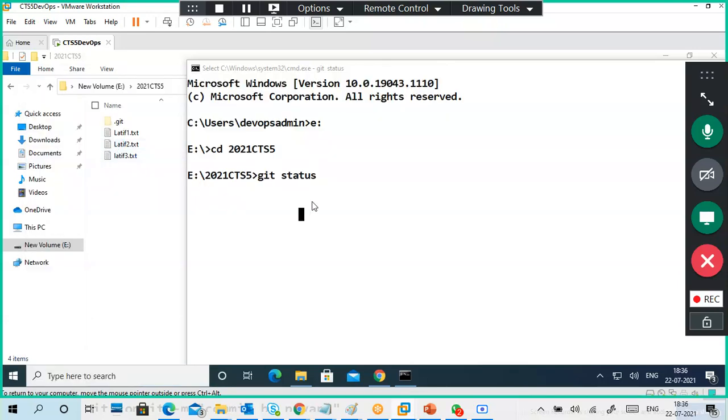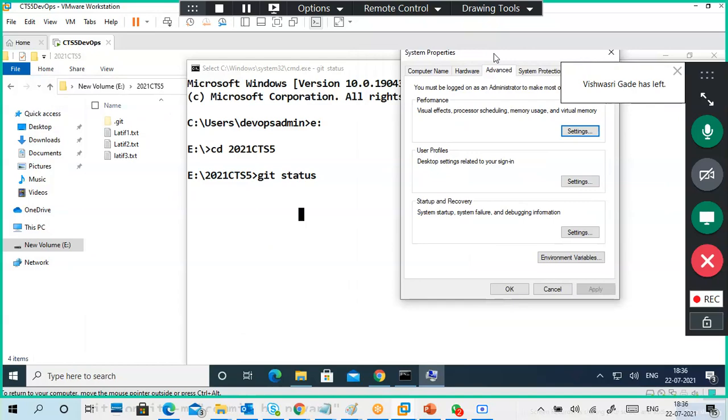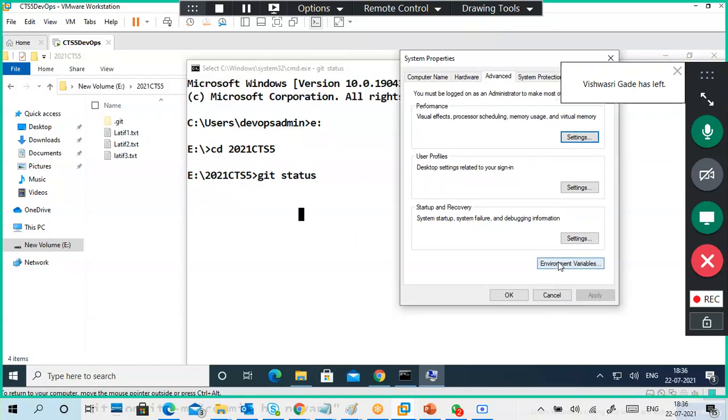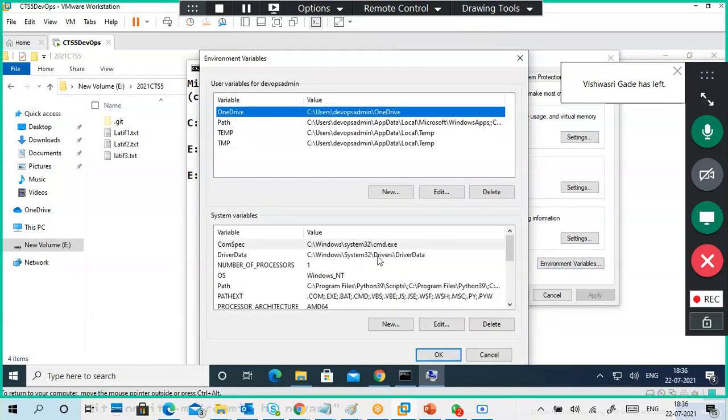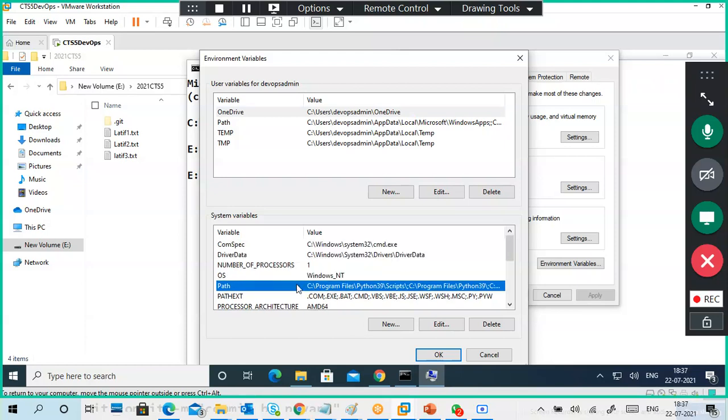Environment variables must be there. I think it is already added. Okay, this column also does not belong to environment variables. So you can use Git home or something like that. I think it will basically add itself.